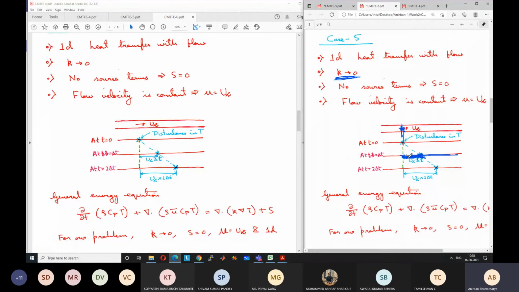Okay. So after time 2 into delta t, this is the zone of influence. Actually for this problem, because there is no diffusion, the nature is very slightly different. The entire zone of influence is actually just bounded by a single line. It is not within two lines. It is just along this line. The information is not spreading because there is no diffusion. It is just getting advected. Okay. So that is the important thing here.